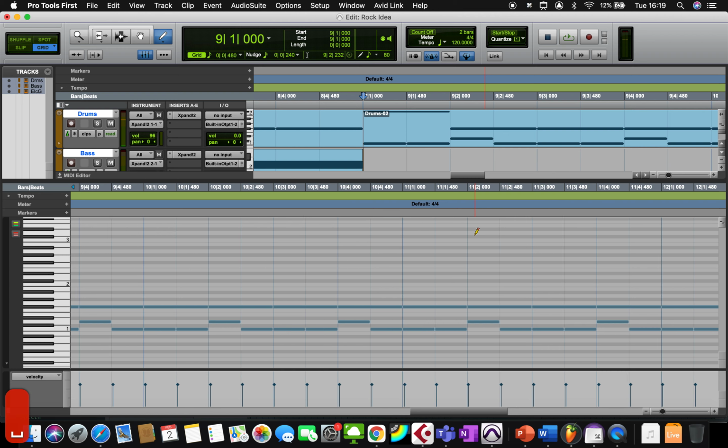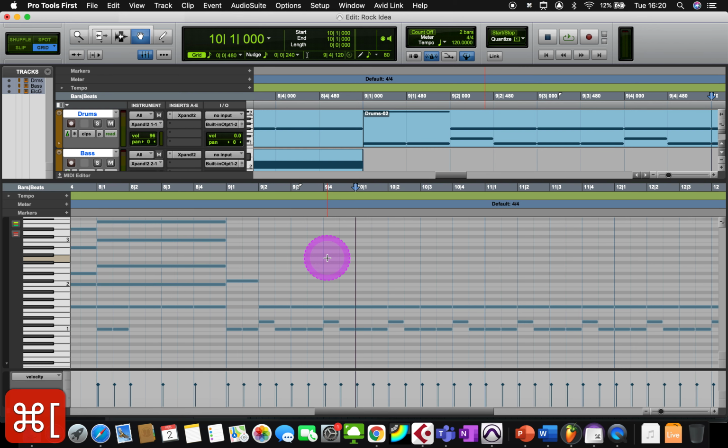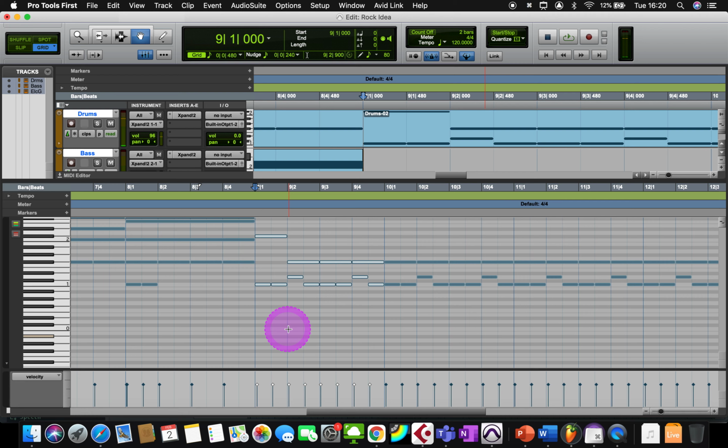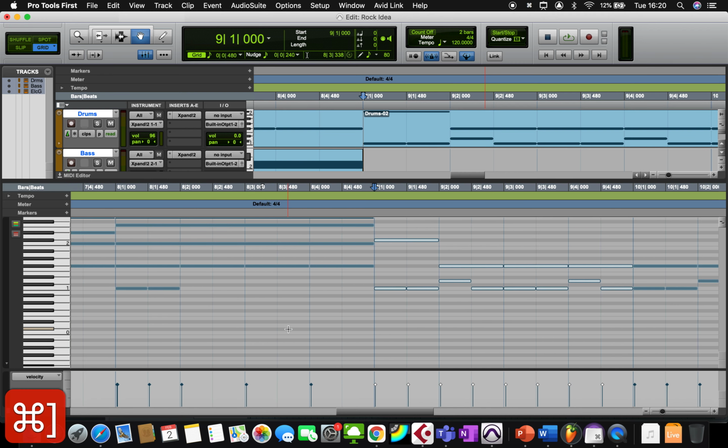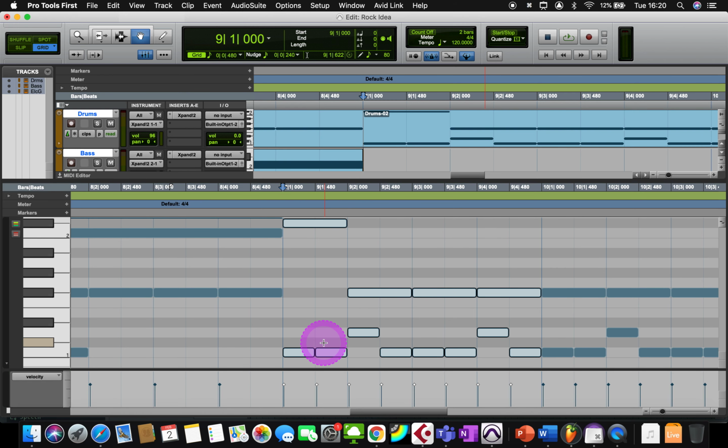Okay, so it's got a real drive and pulse to it on the kick drum side of things. And if I zoom out a little bit just to get one bar maybe, and select the notes there, and then zoom in vertically and horizontally just so you can see the pattern on the keyboard. So you've got the C1 for the kick drum pattern on the bottom notes there, you've got the D1 for